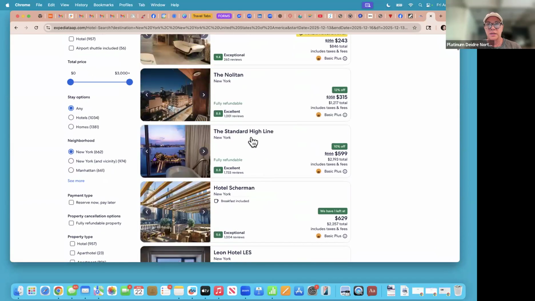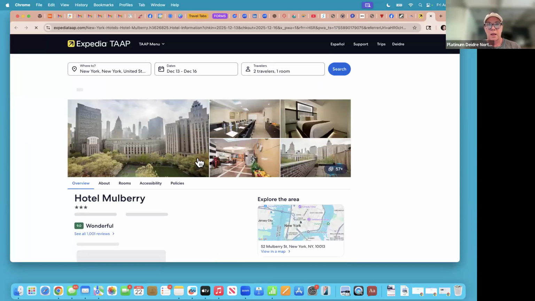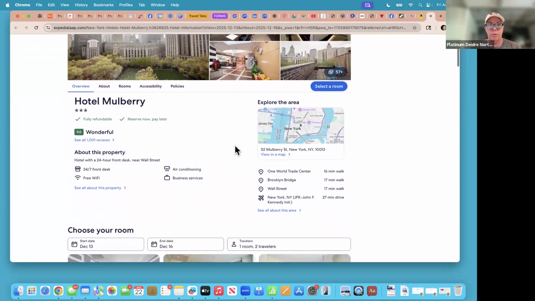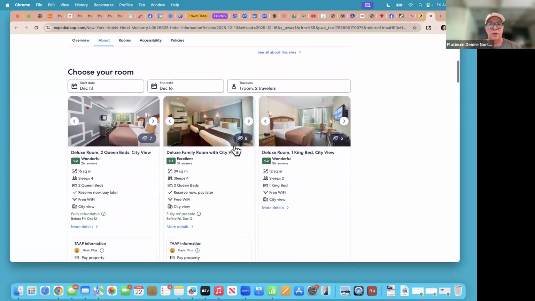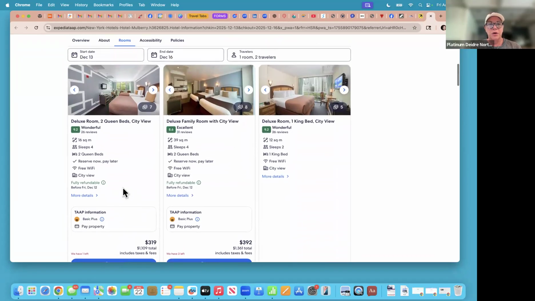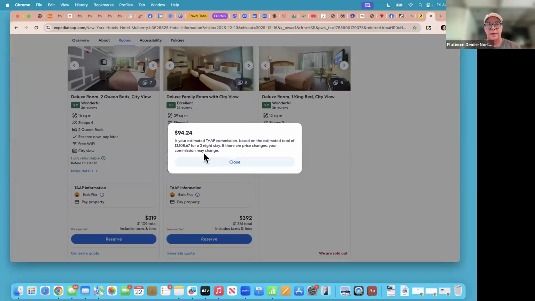You have lots of them. So let's just come up here. I'm going to click on this one. So I'll have photos, which is nice. And then they're going to come down. Then you can pick your room. So you see where it says pay at property? So that's basically what that means. So you could pick your room and then right here you can click and you see that you're going to get your